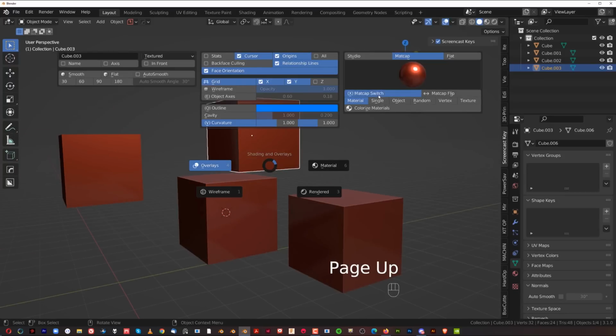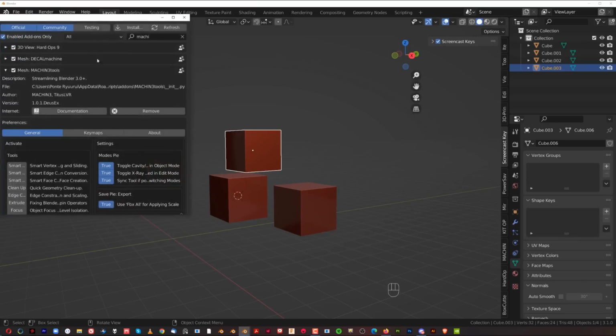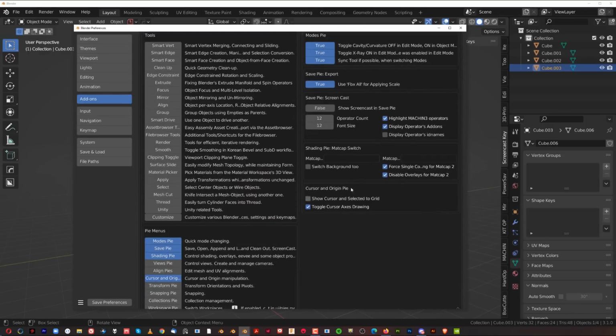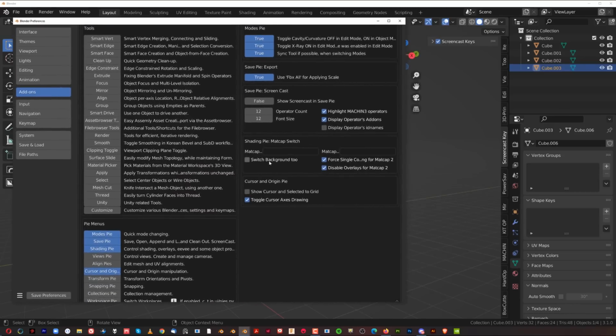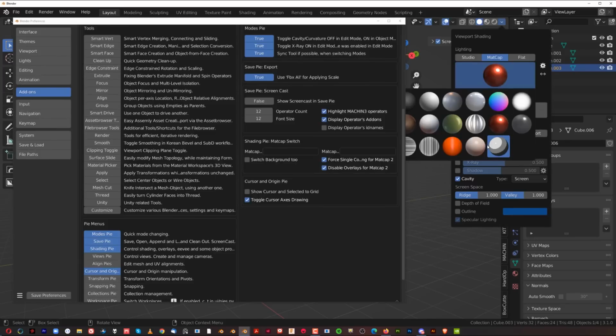And matcap switch, okay, in this case doesn't work because we need to enable it. I told you we're gonna come back to this option here, so let's do it now. So let's go to preferences and let's enable this matcap switch here. What it will do is basically switch between two different matcaps. So what we need to do is type the exact name of each of the matcaps you want to switch between. So if you hover over here, you can see that this one is called